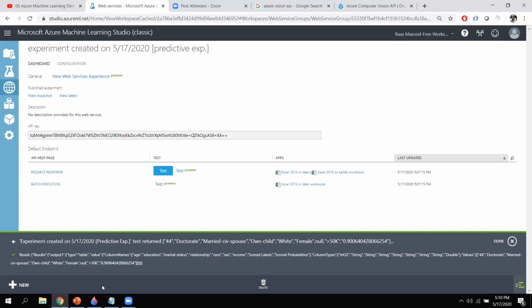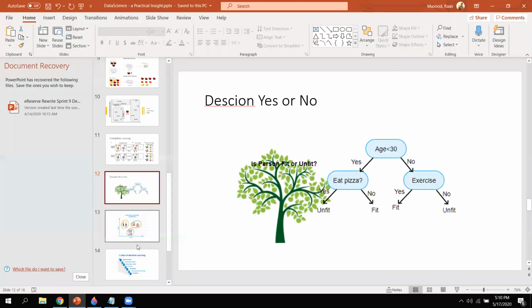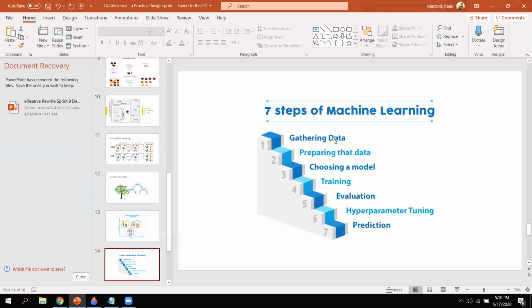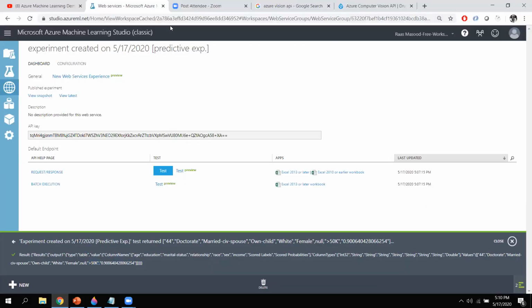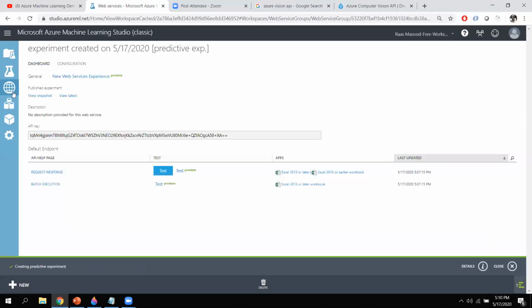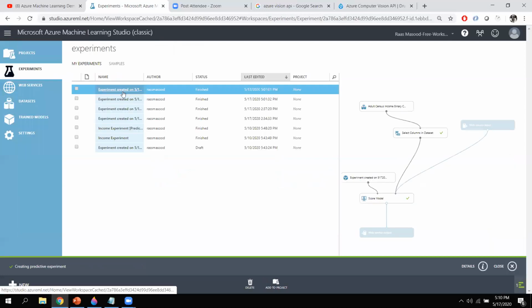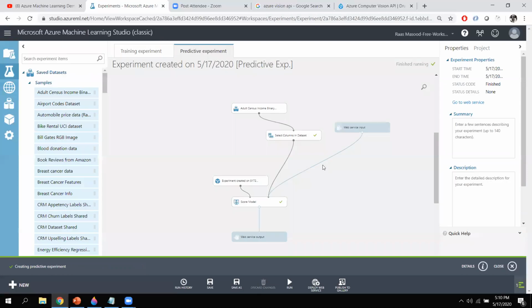So that's how the thing was. These were the steps. We gathered the data, we prepared the data, we chose the model, we trained the model, and then we didn't do as such hyper tuning. I mean, we could have done a bit of hyper tuning. Like for example, I go back to my experiment, which I just did,